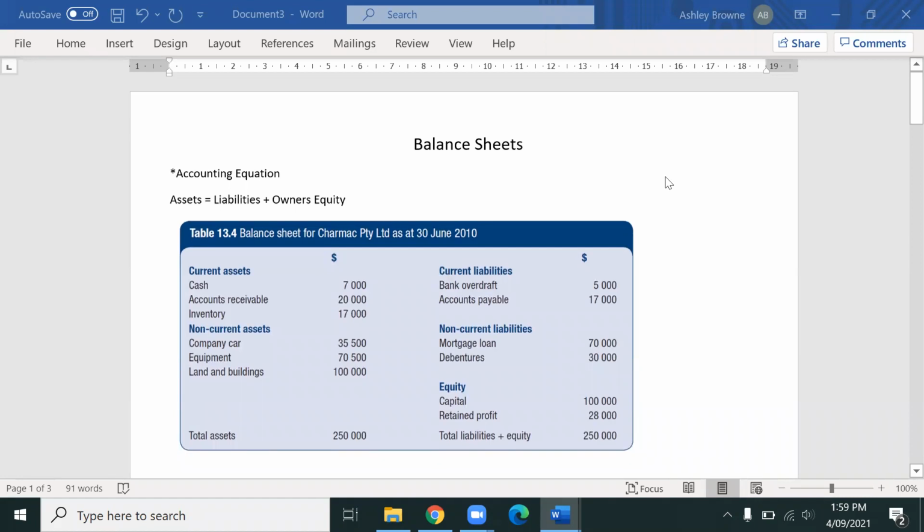Students asked me to do a quick video on the different financial statements. This is useful for year 11 and also year 12, but this is for year 11 students. There are three key financial statements that we need to be aware of. They are balance sheets